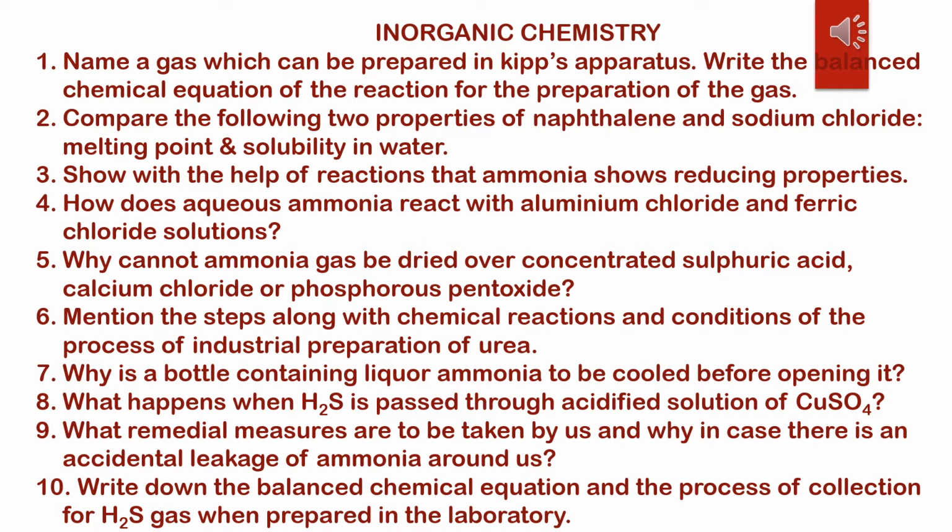So, answer: H2S can be readily and intermittently prepared in Gibbs apparatus. H2S is prepared by the action of dilute sulfuric acid on ferrous sulfide. Equation, you know, then also I am mentioning: FeS + H2SO4 = FeSO4 + H2S.